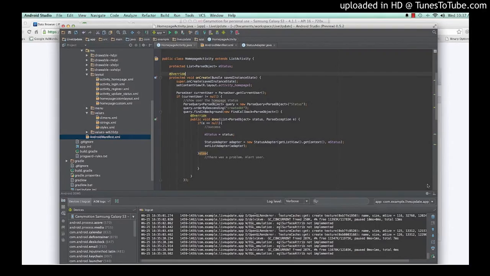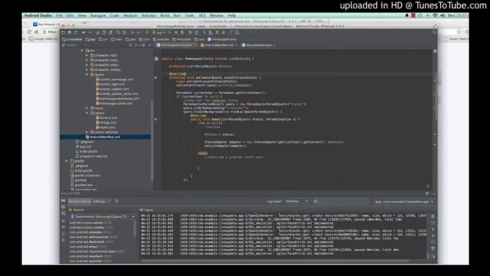I'll just say query equals new ParseQuery, and all you're querying is status in Parse. And now we say query dot